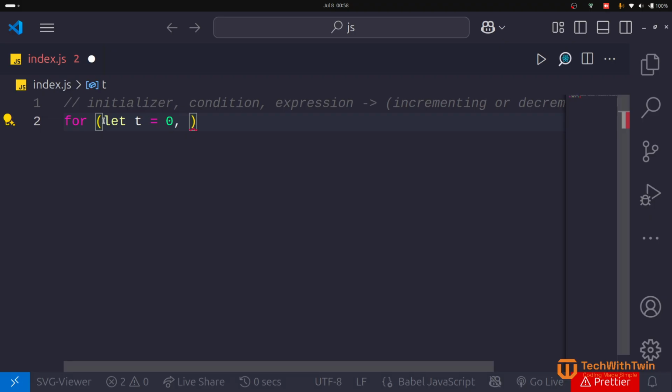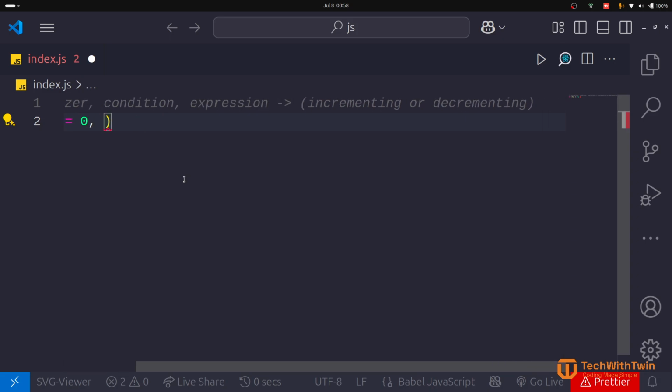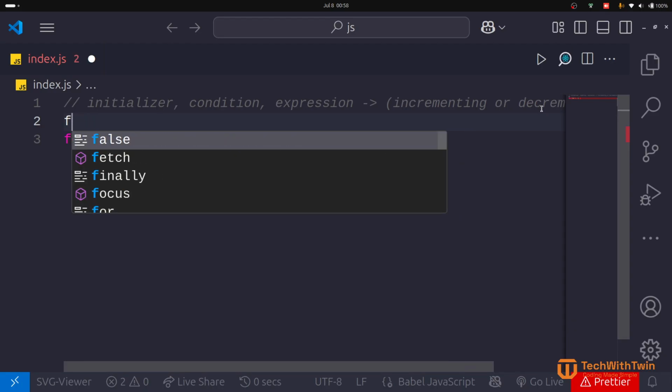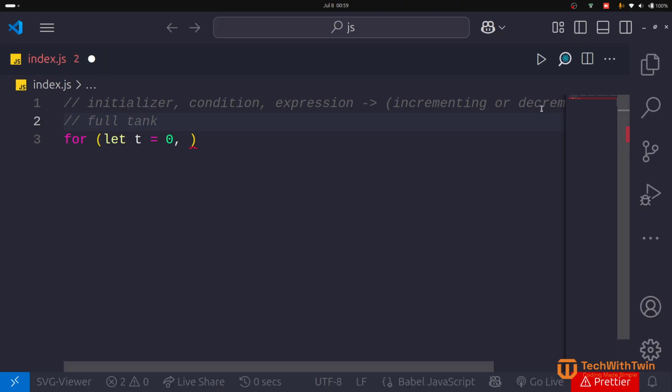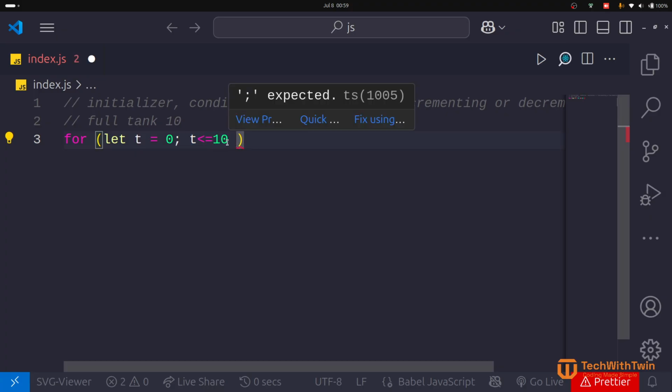And then the condition is as long as the, let's assume, because currently we don't know, let's assume that a full tank has a water capacity of 10, because we need to denote the volume of the water. So initially this volume is 0, and then for it to go full, it's 10. So we can say as long as the current volume is less than or equal to 10, and you need to use semicolons to separate, as long as the current tank volume is less than the full tank's volume, which is 10, and then we increment t plus 1,